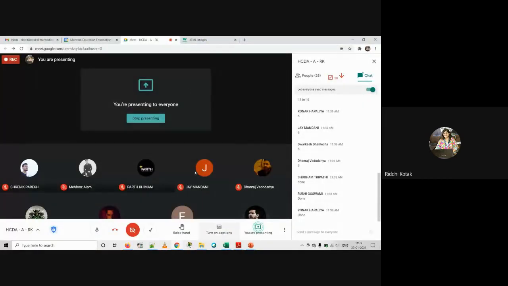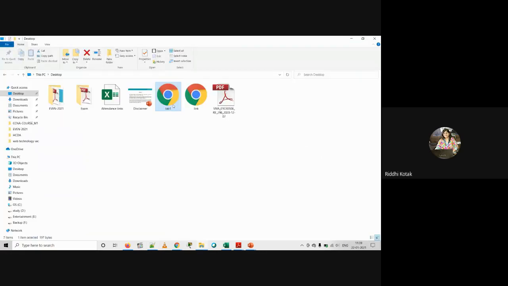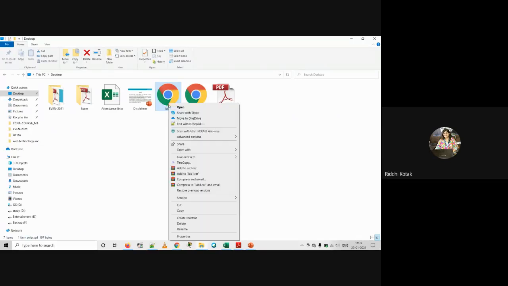Okay, so what I have done, I have saved this file as lab1 HTML. Now I go to the desktop where I have saved this file. Just right click, open with any browser. I'm going with Google Chrome.